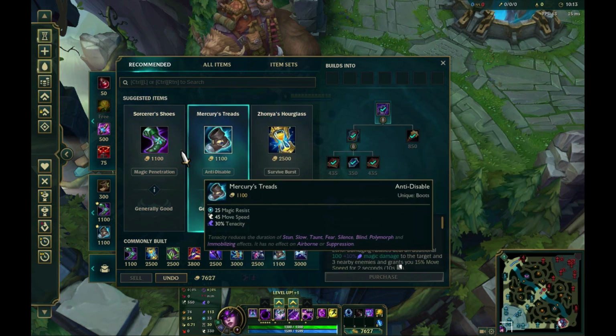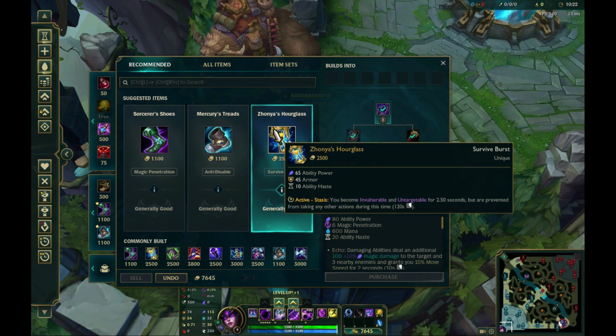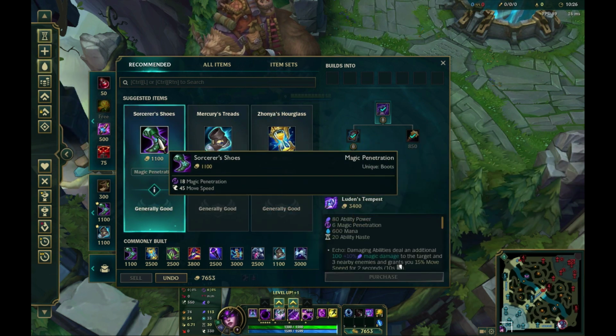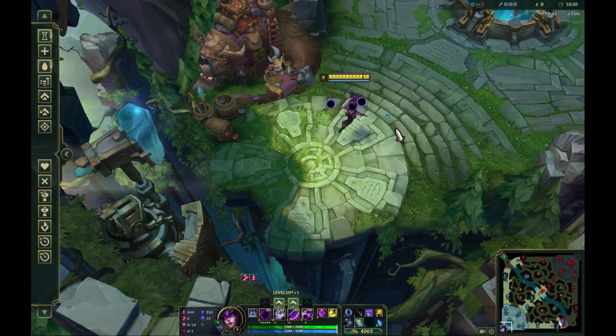Second item you want to rush usually with Syndra is going to be the Sorcerer's Shoes. Mobility is obviously key on a champ who's already pretty immobile, and then you can build into a Zhonya's if you want some of that survivability. So that's usually going to be your first 3 items in terms of a spike. So we'll pick up that, and we'll pick up this just so we have a basic idea of our power